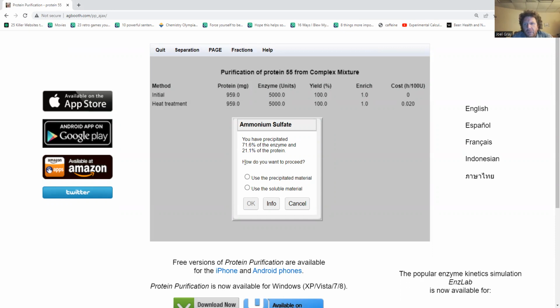Now, I can proceed with this in a couple of different ways. What I would really love to do is precipitate all of my enzyme and none of my protein. But this tells me that I've enriched for my enzyme. And so what I'm going to do is use my precipitated material. I am doing this at the cost of nearly 30% of my enzyme. But if you think about it from the standpoint of what did I get rid of? Well, I got rid of 80% of my other protein. And I got that 80% from the 21% number there. So if I click OK,